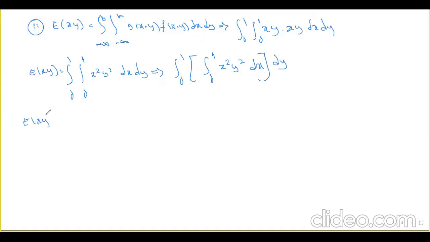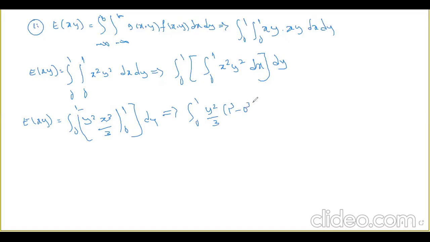So expected value of xy equal to integration 0 to 1. So here y will be treated as a constant, so it will be outside. Here it means that y square, then integration of x square is x cube by 3, 0 to 1 dy as it is. This is equal to integration 0 to 1 y square by 3 into 1 cube minus 0 cube dy. This is equal to 0 to 1